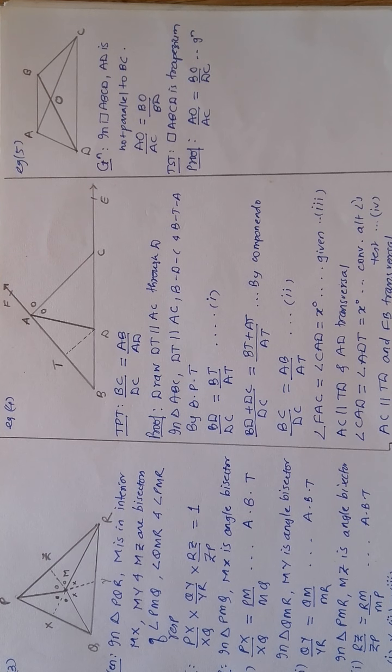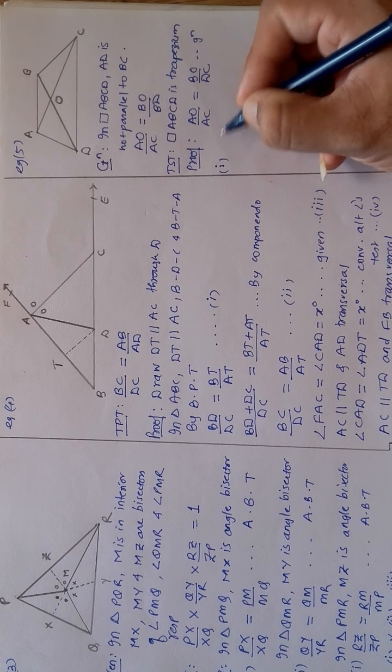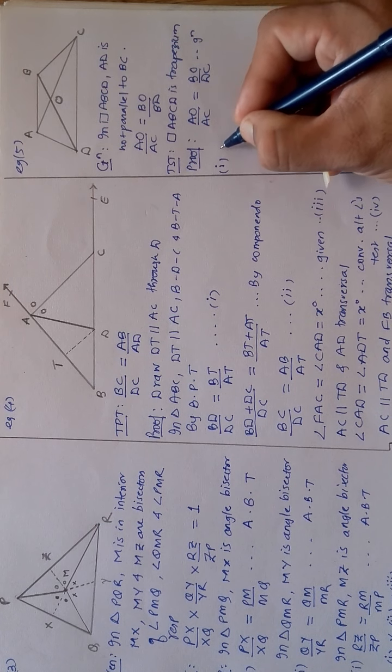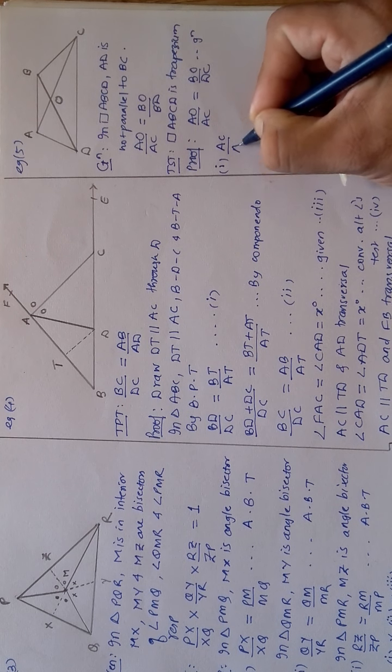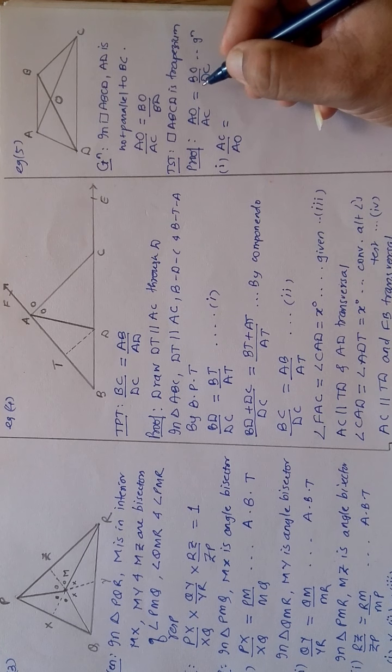If I get the ratio of AO is to OC, the angle bisector is not given to me, but this will help me relate with the basic proportionality theorem. So I need to subtract AO from AC, but I do not have any operation like that. So first I will carry out invertendo, so that the bigger side goes upside. That is AC is to AO is your BO is to BD.